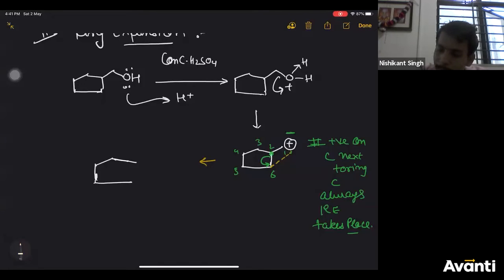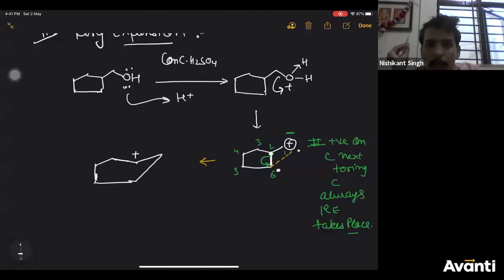So the bond between 2 and 6 is broken, so I'm not showing that, whereas 6 and first carbon have been bonded to each other, so I'm showing that. Then it is like this. Now this second carbon will get what charge? Positive charge. Students, any doubt in this step? Please see this step carefully, and if you have any doubt, please ask.